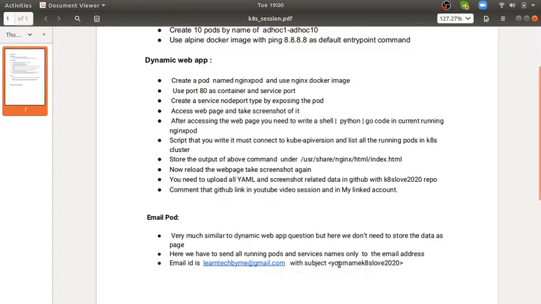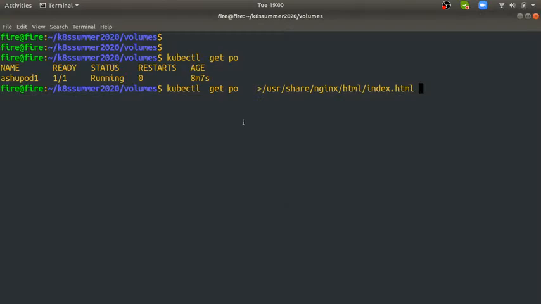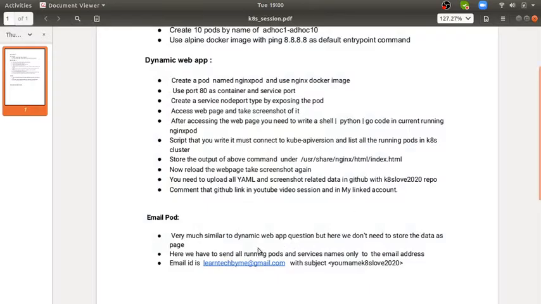The subject will be your name, K8S Love 2020, so that I can check my email address. Yes, Rhythm, you have to send it only once. You don't have to send it every time. You just have to send it one time. Okay,